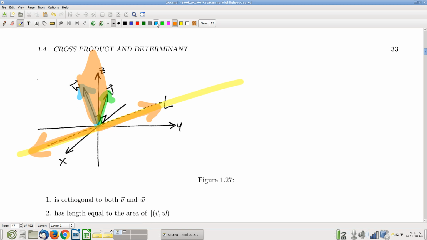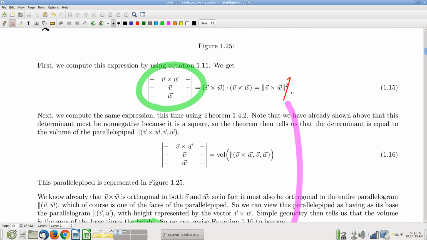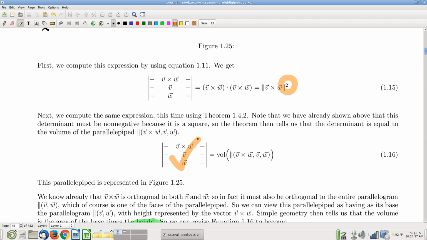So let's see here. It's orthogonal to V and W. Length is equal to the area. How do I decide on the remaining two possibilities? And the answer goes back to this formula that we were looking at. We already made a convenient, tricky use of this. The fact that that's a square told us that this is positive, and therefore I don't need to deal with absolute values, and therefore it's already a volume. I don't need to worry about absolute values. But this fact that this is a square and therefore positive also tells me